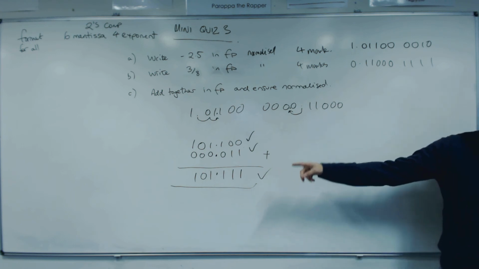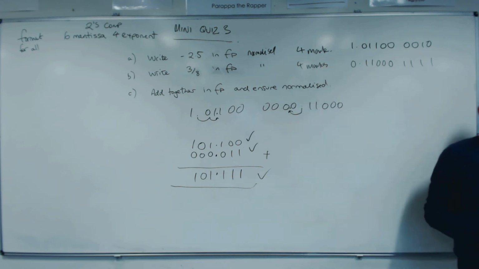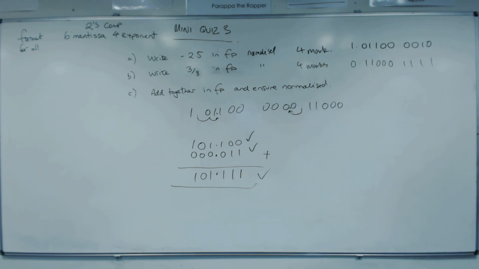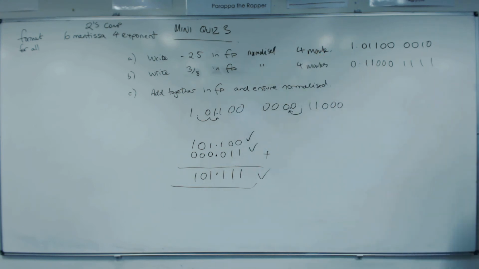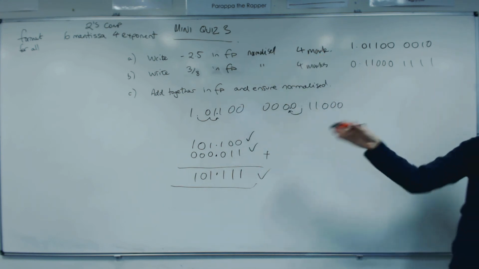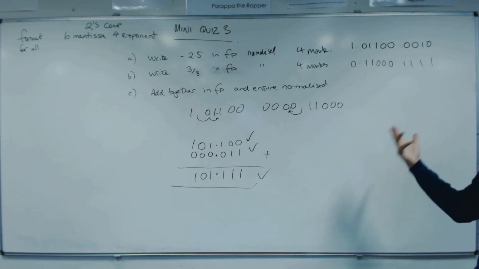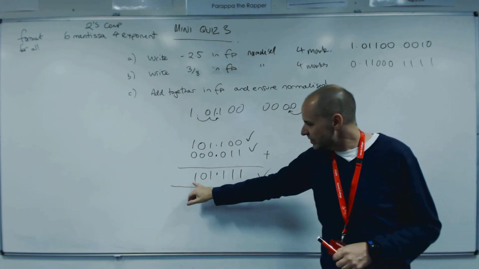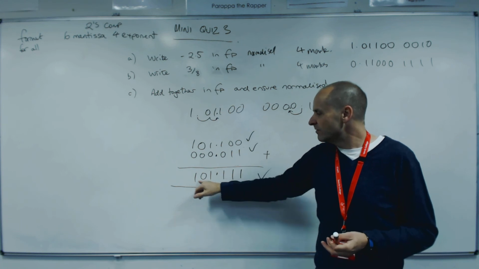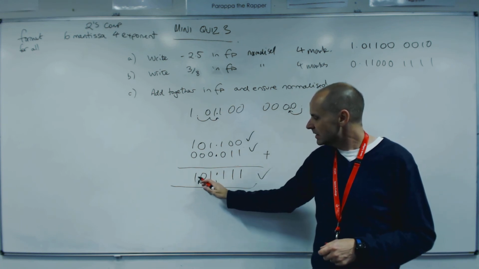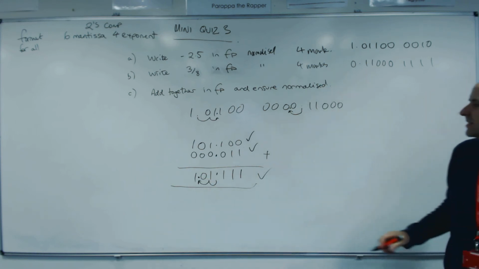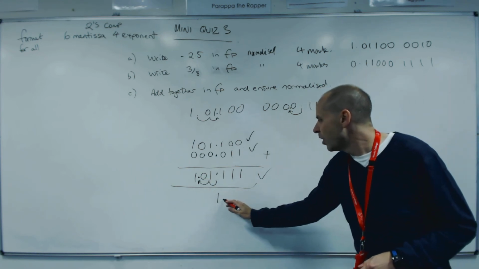Right, we've got a negative answer. Does that appear to be probably right that we've got a negative? Yeah, so you can always double check these even without having to convert it back. We started with a bigger negative number than we did a positive number, so the answer should still be negative, which is what we've got. So we're going to normalise this. So the sign bit is 1, so we need a 1 followed by 0. So we're going to move the binary point 1, 2. 2 there. So the final mantissa that you're going to get is